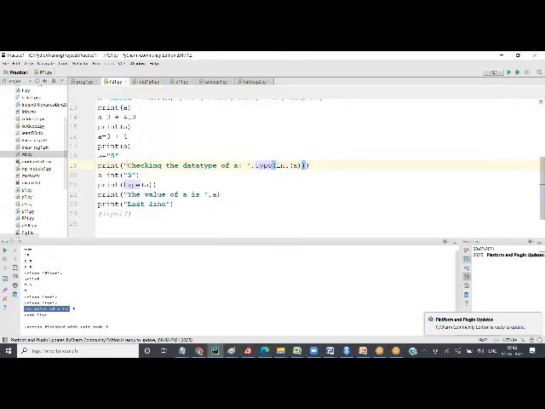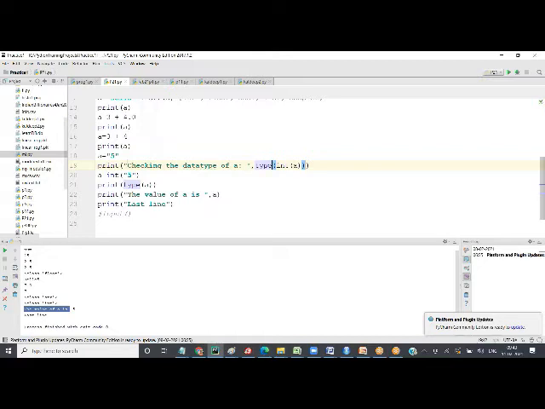What happens when you use these functions is that the innermost function will be called. What is the innermost function? Int of A. So first A, which is a string, will be converted into an integer. Then we are saying type of A, which will now give us int. Then we are calling print.